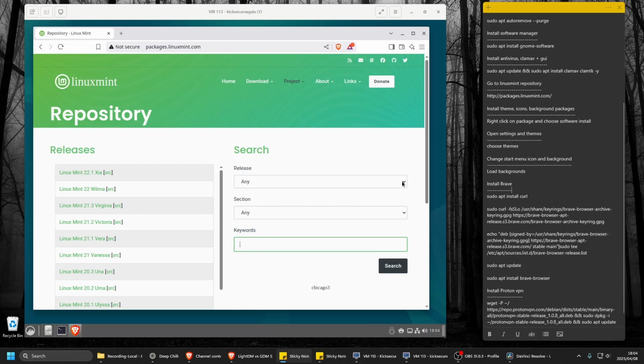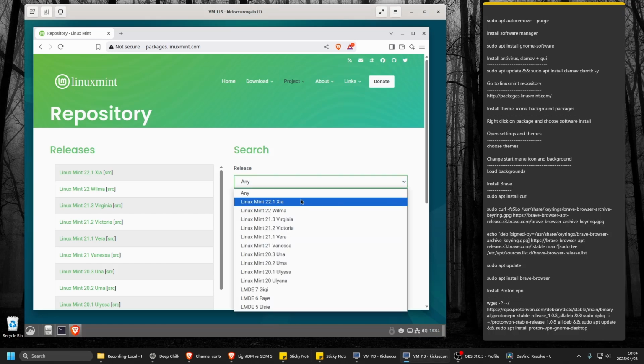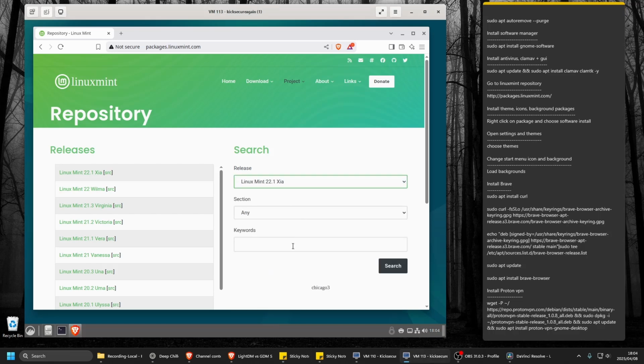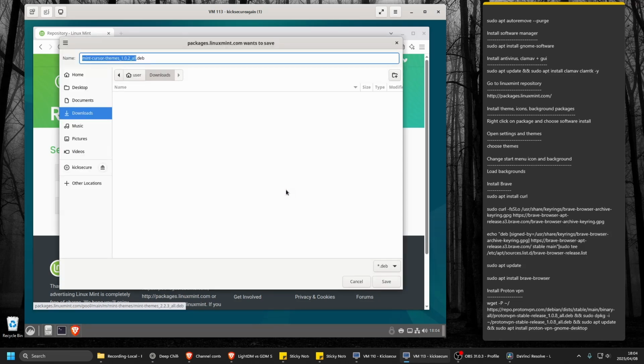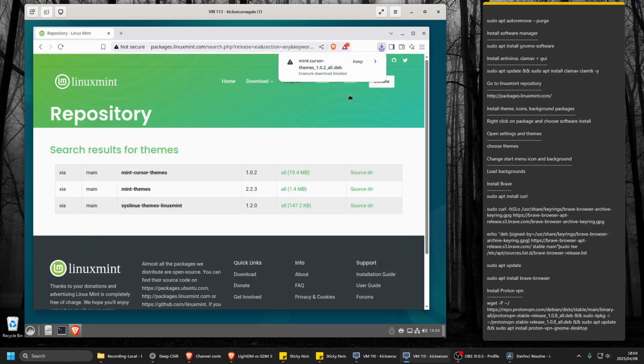Obviously I'm gonna go for the newest, which is Zara, and type in themes, search, and it should list all the necessary themes. So I usually just download the cursor theme, save it in downloads. Okay, it blocks it, but just say keep there, and then Mint themes,